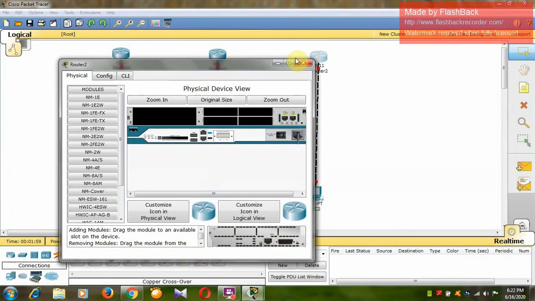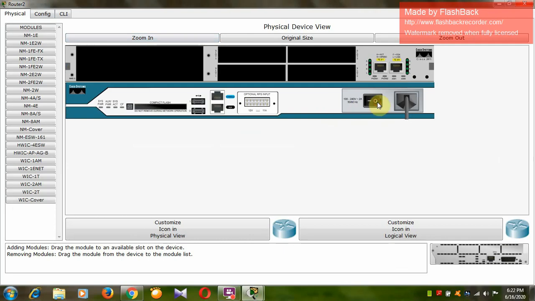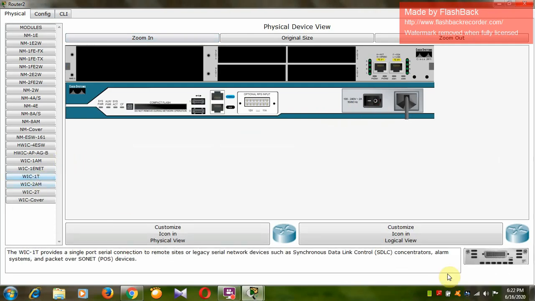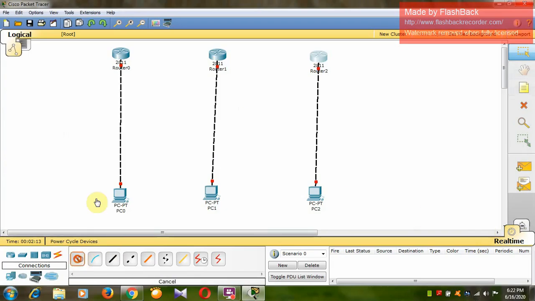Similarly, you have to do with this router. Since it requires only one port, therefore only one card. So now I am going to connect these routers together. So I have connected these routers together with the help of the serial cable.